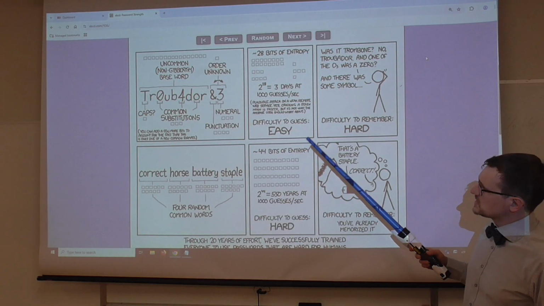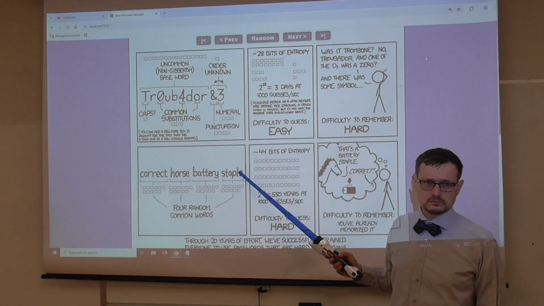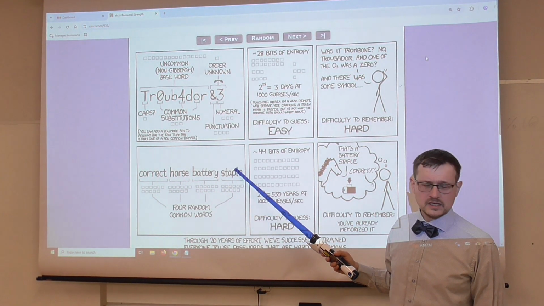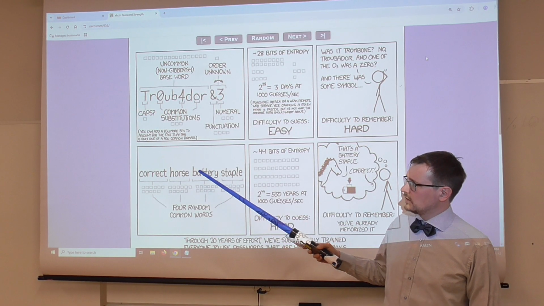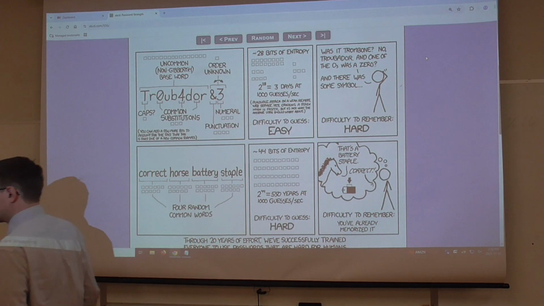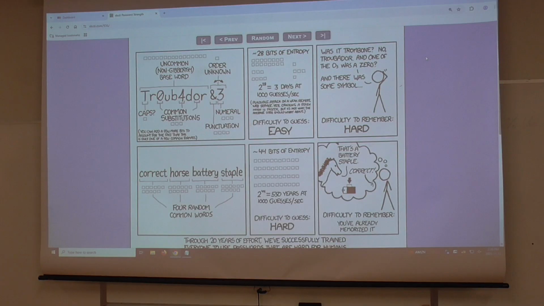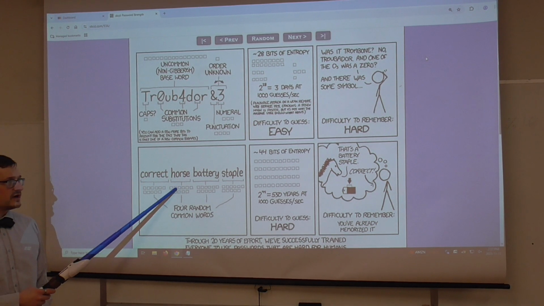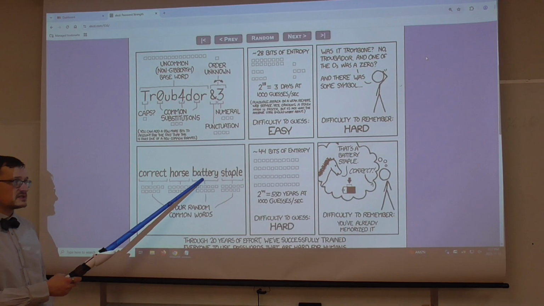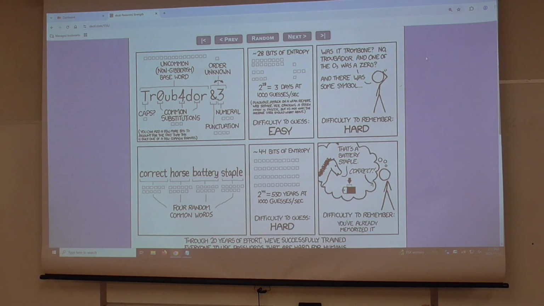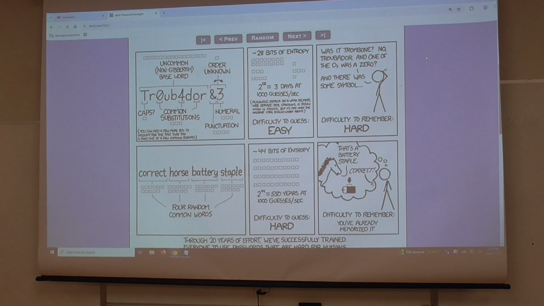Consider this password: correct horse battery staple. All right? Now, if you consider the number of words in the English lexicon, I think it's something like 500,000. So it's 500,000 times 500,000 times 500,000 times 500,000, right? In terms of entropy, you're already much, much better, even considering this as a dictionary attack.